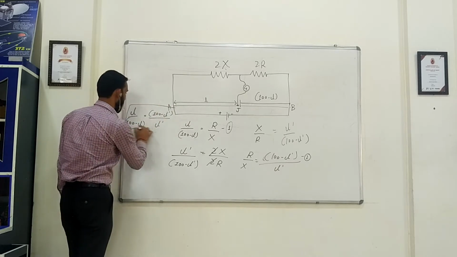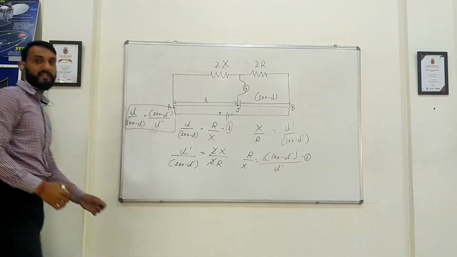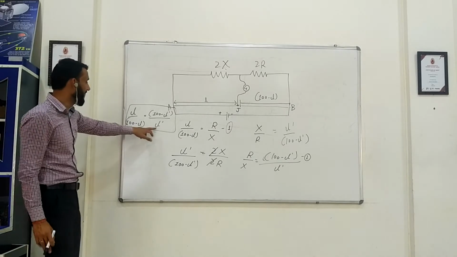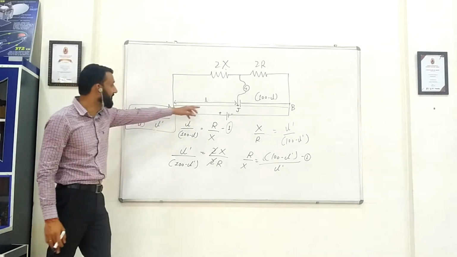Now look at this situation, guys. What you can make out from this equation is that L upon 100 minus L is equal to 100 minus L dash upon L dash. So if you calculate L dash, the new balancing length,